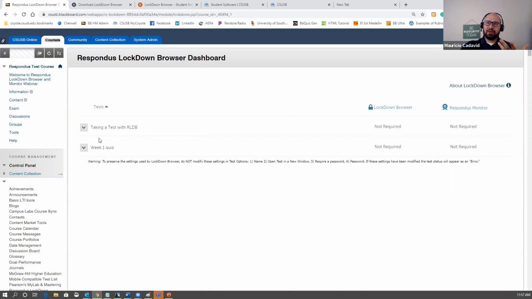Now, the reason why I brought this up is so that we can see, here's that first test, taking a test with this. It says LockDown Browser, it's not required; Respondus Monitor, it's not required. You could have several tests in which you can say, for week 1, I'm going to just require the browser, but for the midterm, for example, I'm going to require the browser and the monitor. And you can do that, right? You can say,